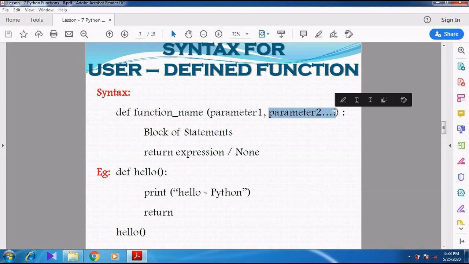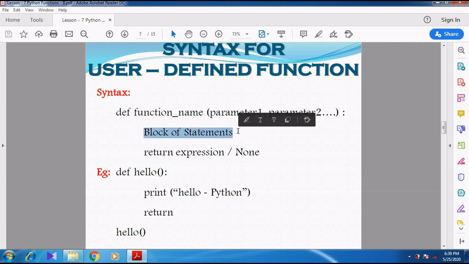So def keyword, function name, and then inside the parenthesis one or more parameters separated by commas. Afterwards we give a colon. Then we can give the block of statements.